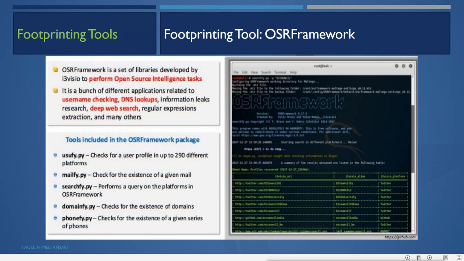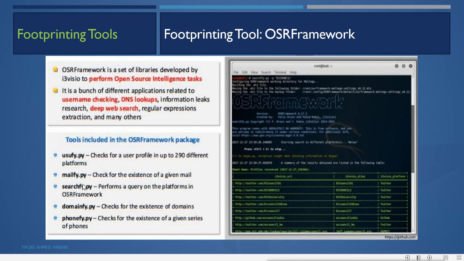Now the OSRFramework tool includes different packages and scripts. Usufy.py checks for the user profile on up to 290 different platforms. Mailfy can check the existence of a given mail.